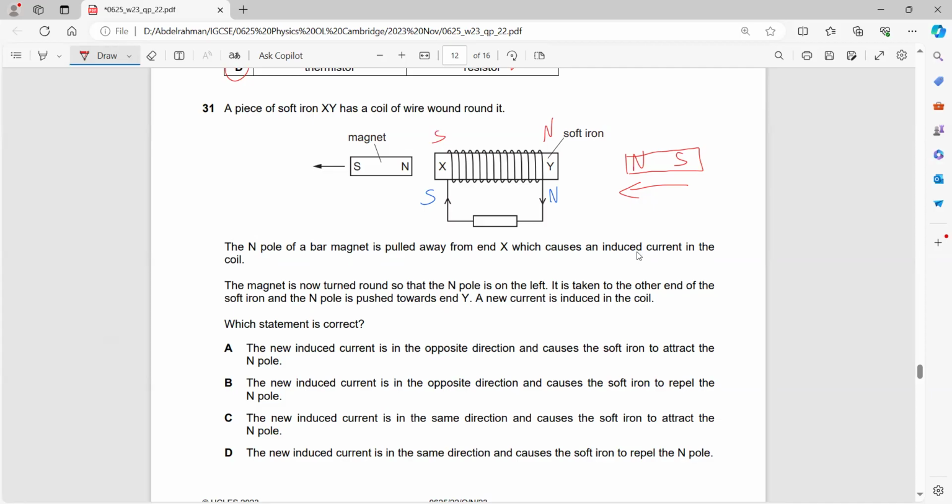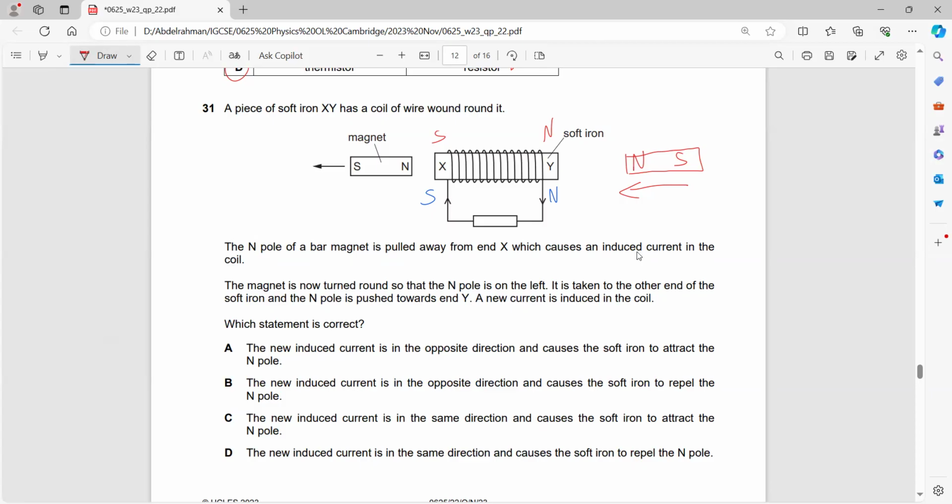With the same magnetic poles induced, what would happen to the current? Aren't they opposite direction? Aren't they the same magnetic poles? South and north, and south and north. Yeah. So the current would remain in the same direction. Okay, now I understand.